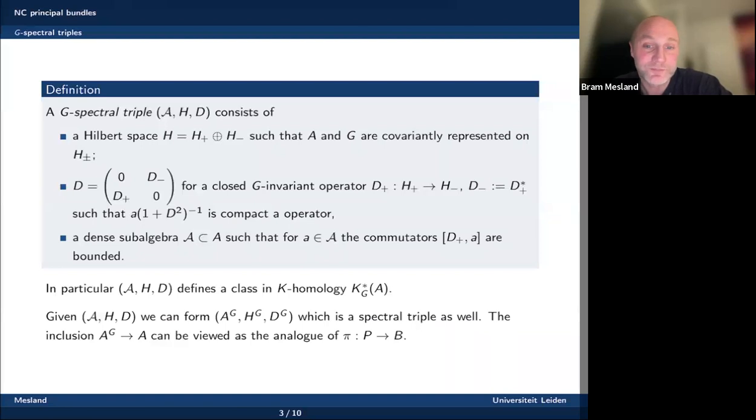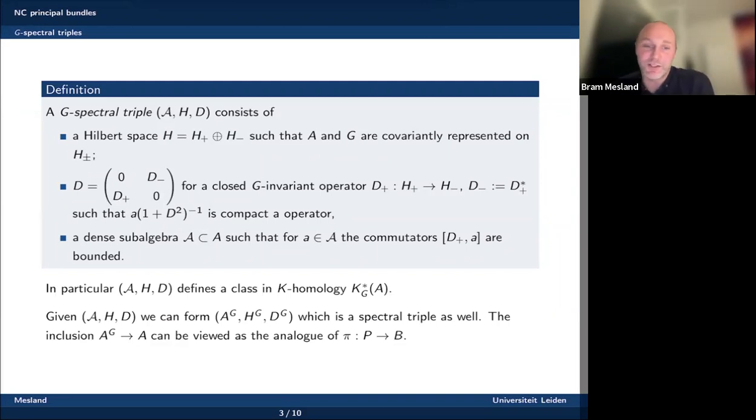And then the dense subalgebra, which I specify here in the spectral triple, should be such that the commutators of D plus and D minus are bounded. So I wrote it only for D plus, but since they are mutual adjoints, it follows for D minus as well. I'm also assuming the representation of A is even. So with this data, again, well known, we get an